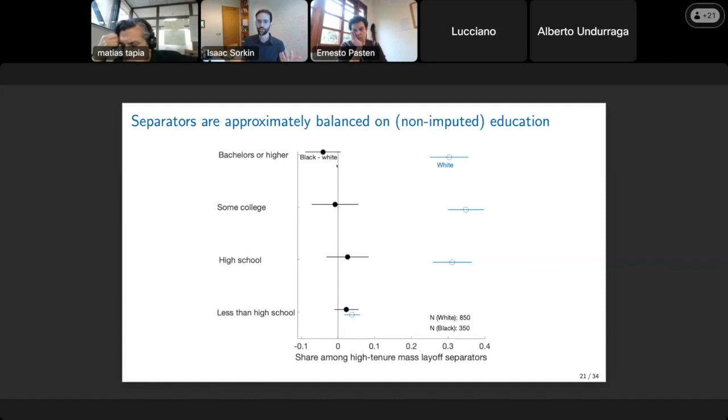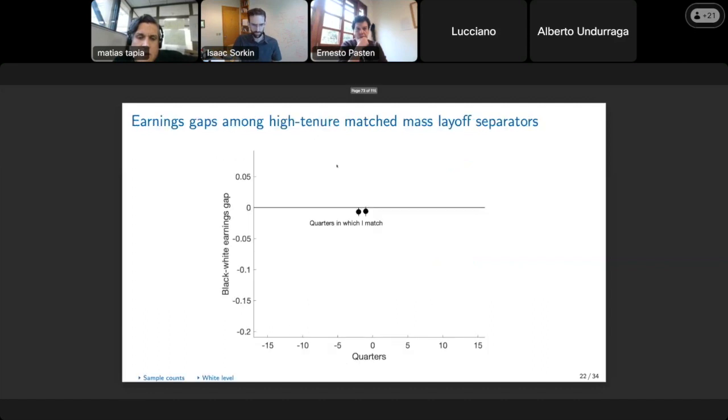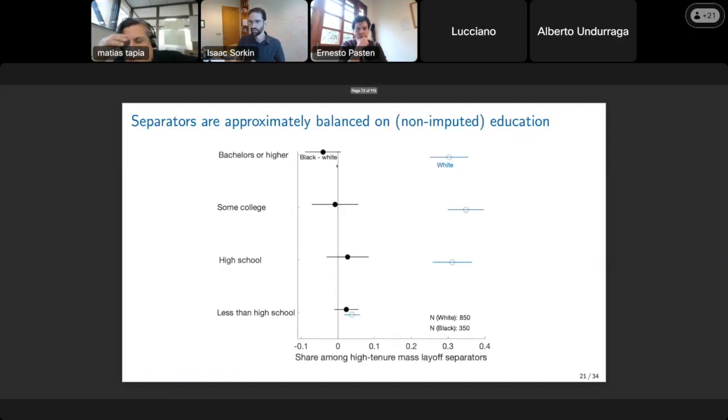And so the fact that it shows balance on this helps mitigate one concern you might have about a source of gap between black and white workers going forward. Okay, so I'm going to declare triumph here and move on. Sorry, but this,